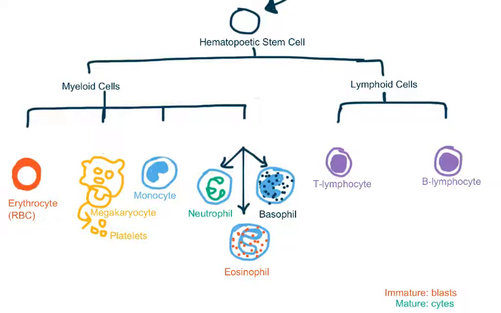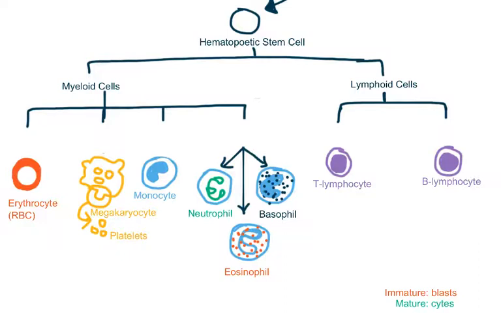So for starters, we have a red blood cell. This is a very small cell and the center of the cell is lighter than the periphery of the cell. A red blood cell is called an erythrocyte, which is just its fancy name. The other type of myeloid cell is a very odd looking large cell called a megakaryocyte. It gives off little blebs of its cytoplasm to make these small cell fragments that are called platelets.